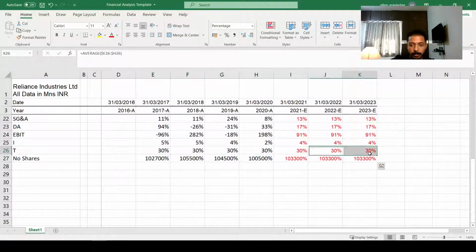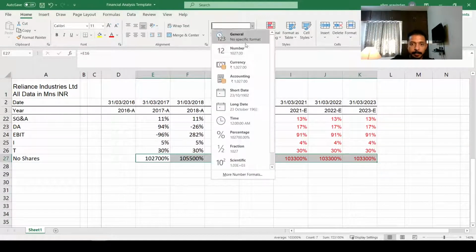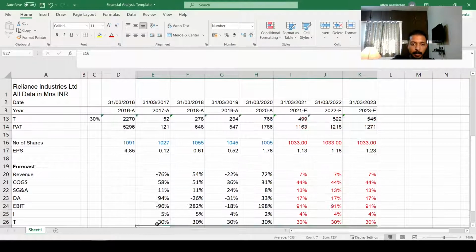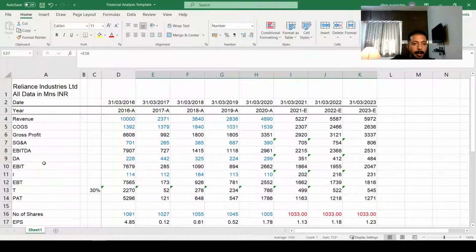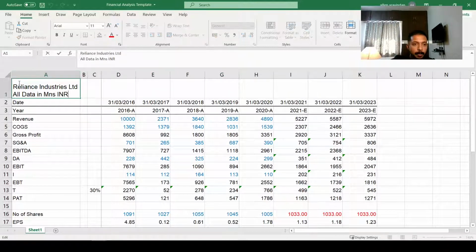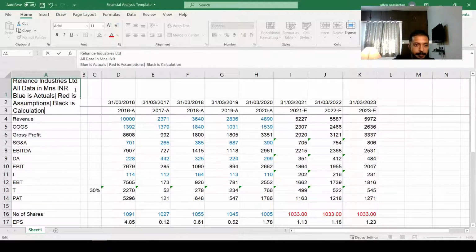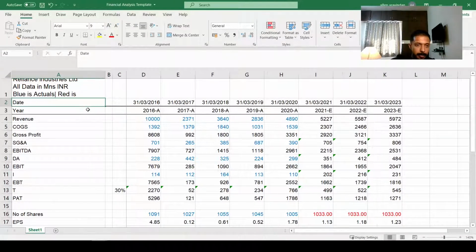I'm just going to change the number of shares to a number format. Okay. And finally, we're going to put in the color code out here, just to mention that this is the color code that we are using, right? So we will say blue is actuals. Okay. And then you can just put a dash out here, and red is assumptions, and black is calculation. Okay, just try to make it slightly larger,